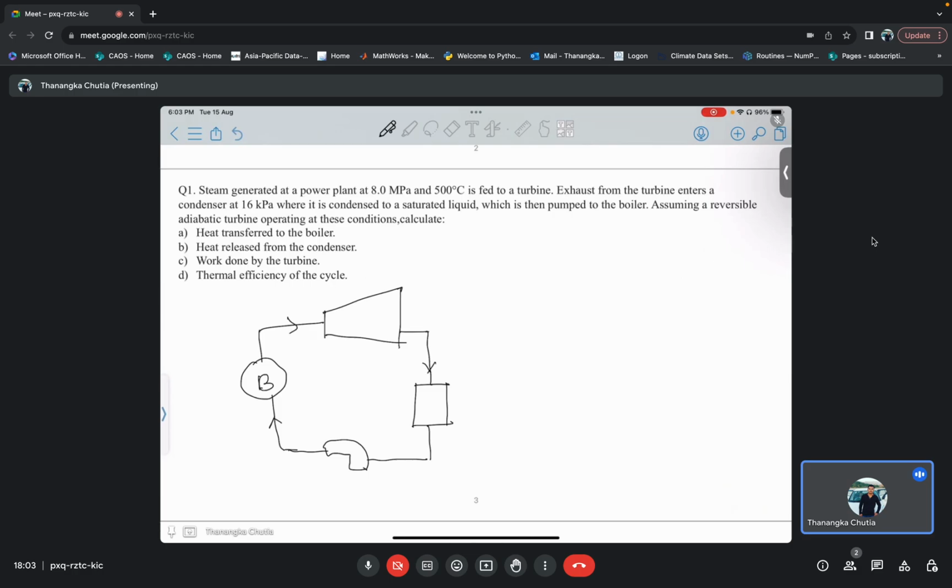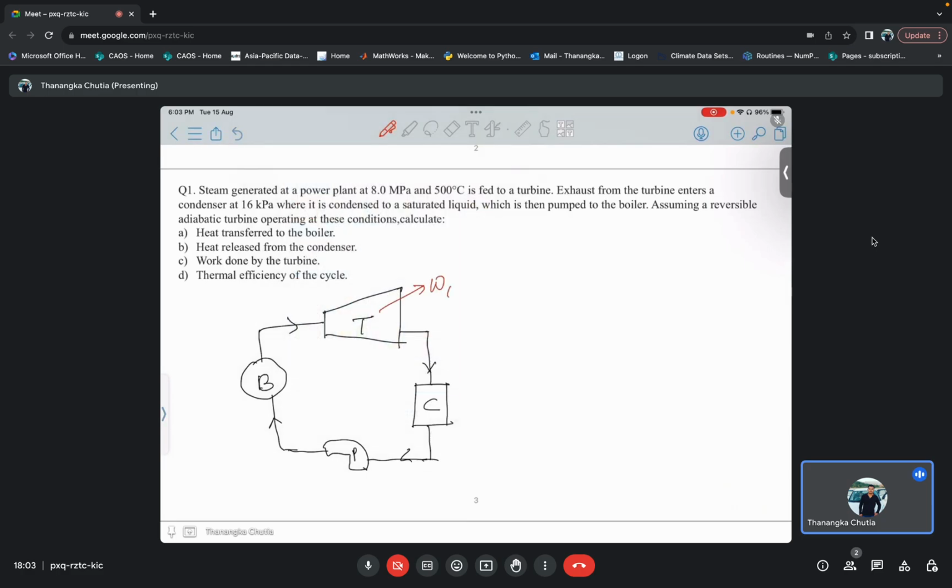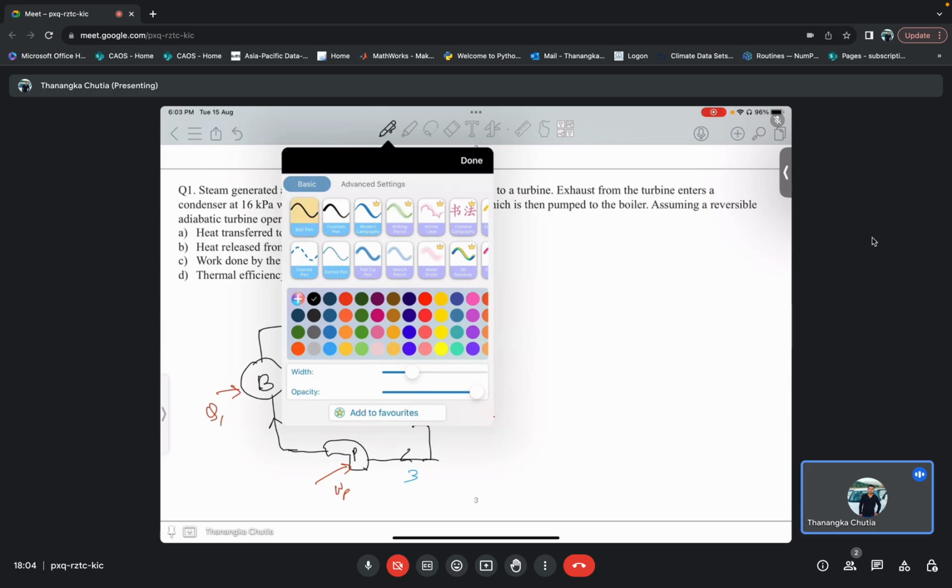This was our schematic diagram, where this was the turbine, this was the condenser, and this was the pump. If you remember, Wt amount of work is extracted and Wp amount of work is taken by the pump, and heat rejected is Q2, and the heat taken is Q1. If I name all these points as point 1, point 2, point 3, and point 4, then my TS diagram becomes